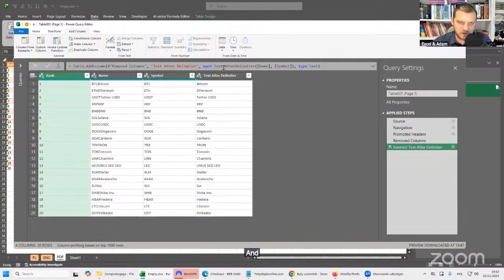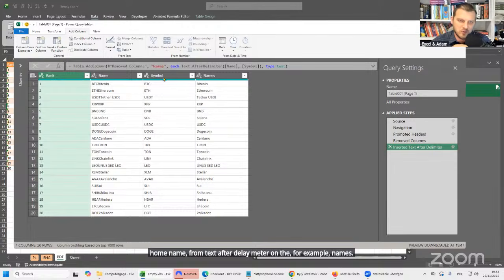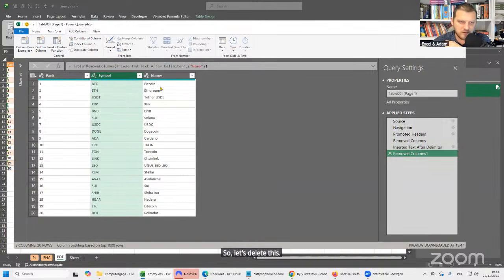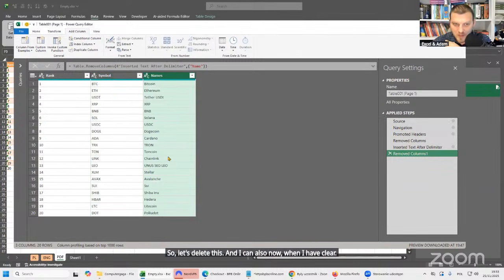And let's also change in the formula bar the column name from "text after delimiter" to, for example, "names". So it will have a different name than the name column. And I can now delete the name column and leave this names column. So let's delete this. And now, when I have clear names and symbols, I can get back